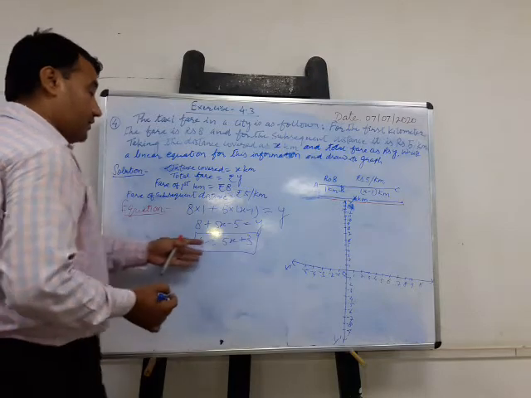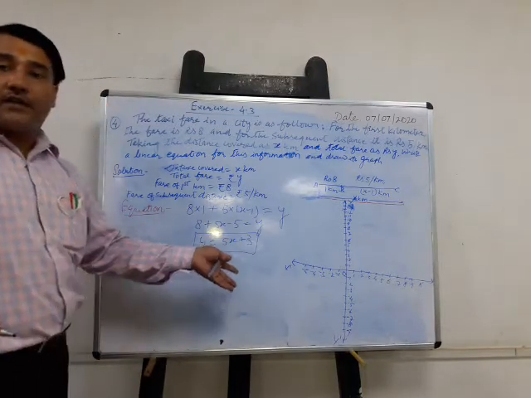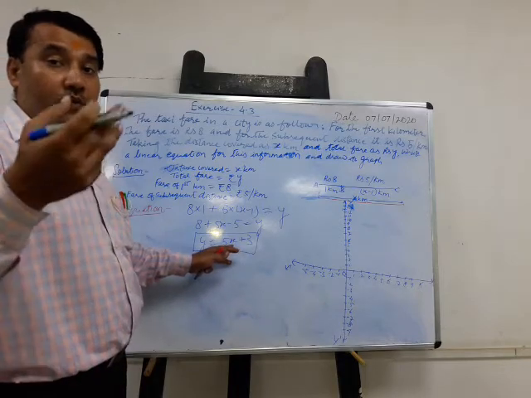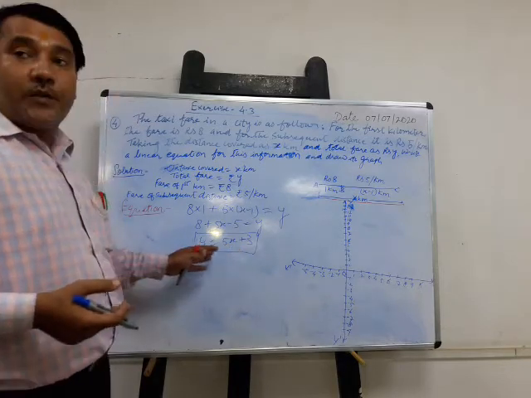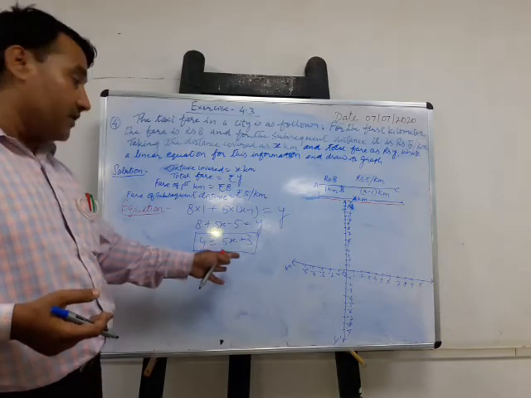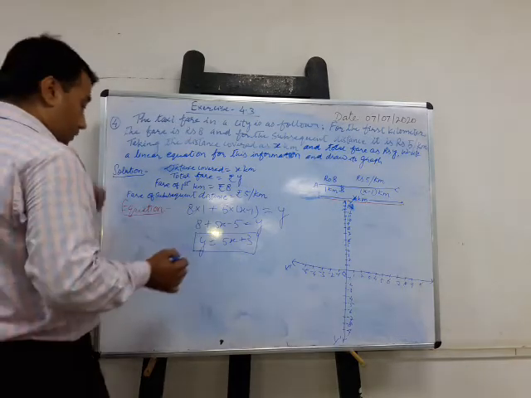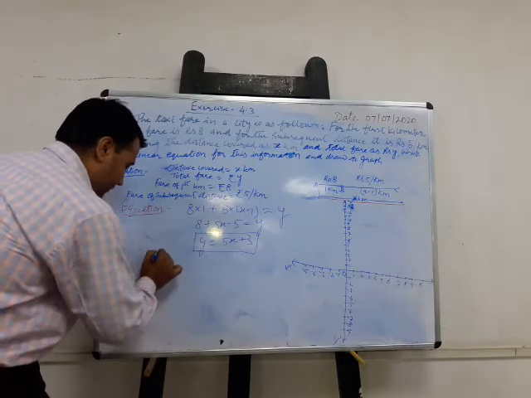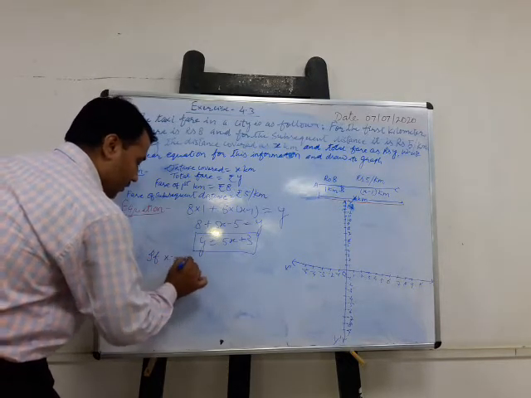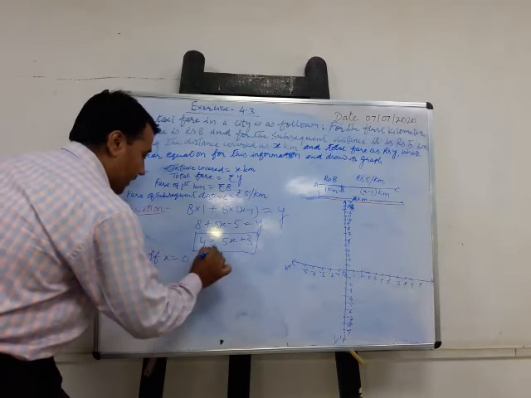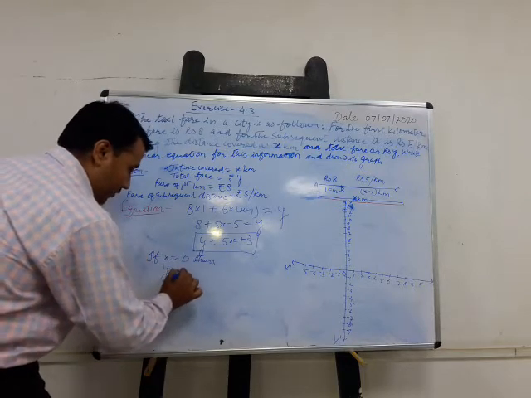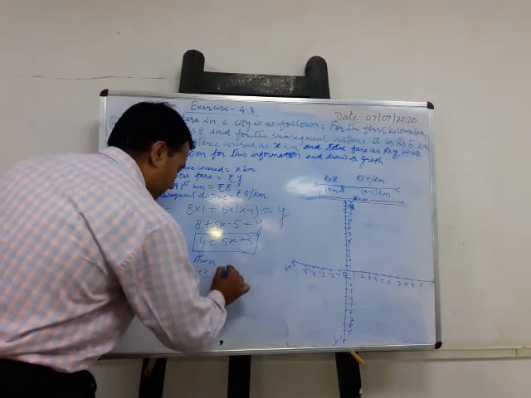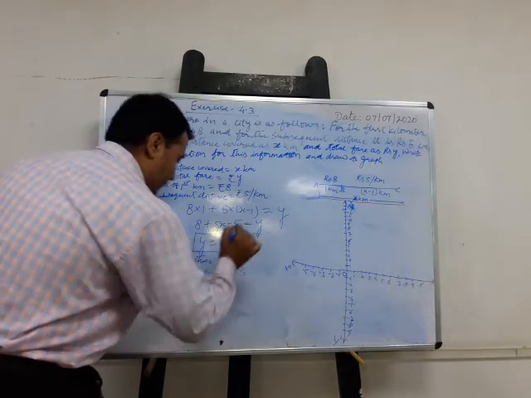You know that it is already expressed in terms of dependent and independent variables. Here x is the independent variable whose value you have to put on your own, and you will find the corresponding value of the dependent variable, that is y. So let us take x equal to 0, then what happens? Then y equal to 5 into 0 plus 3. This implies that y equal to 3.